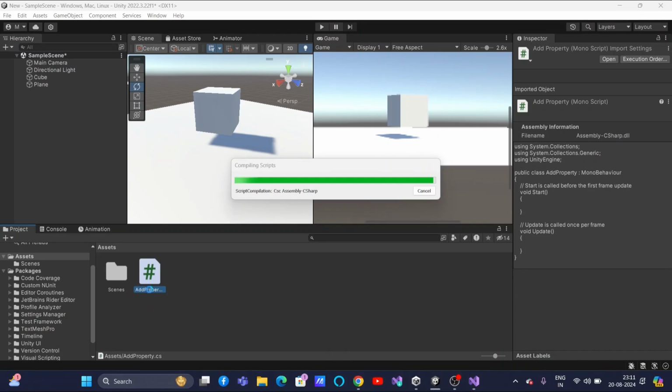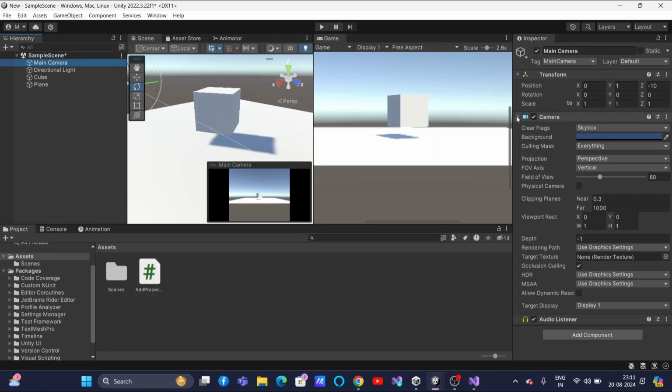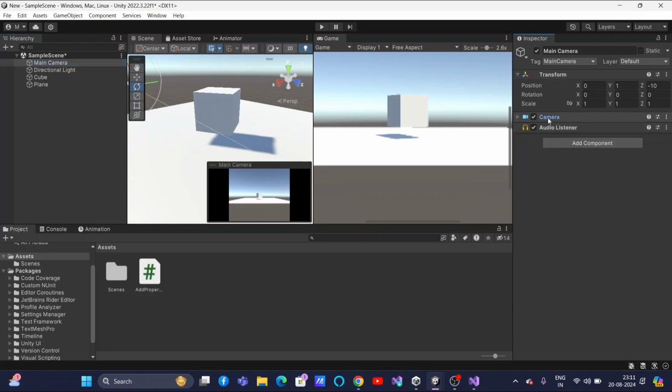Okay. Now this script we need to connect to our main camera. As of now, you see main camera is having audio listener and the camera. Okay. And this transform. Now what I'll do, I'll add this script to the main camera. Now once it is added, you can see this component is added. Now here you see it is having a script of add property and it is having a game object of